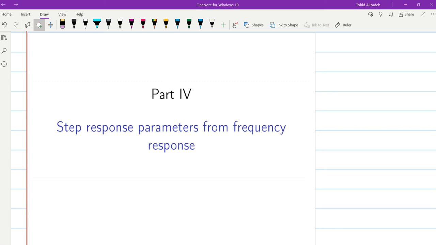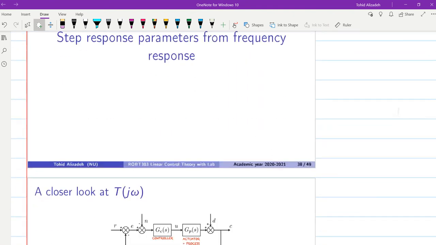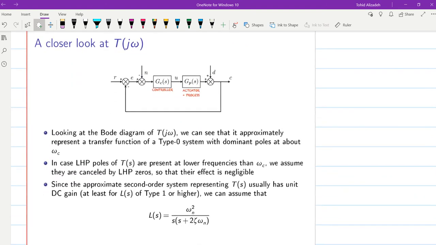Hello everyone. In this video lecture, we are going to see how the step response parameters of the closed loop system are related, or could be related, to the frequency response of the open loop system. If we have a closer look at the T of j omega, which is our closed loop system indeed, if we check its Bode diagram as we did in the previous lecture, we could see that it approximately represents a transfer function of a type 0 system with dominant poles at about omega c, which is the